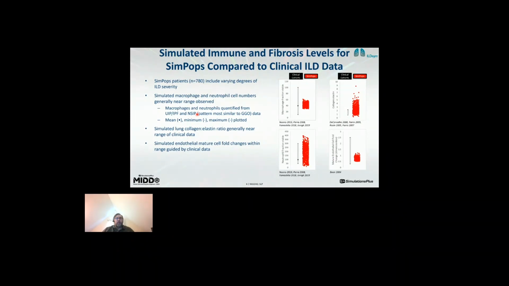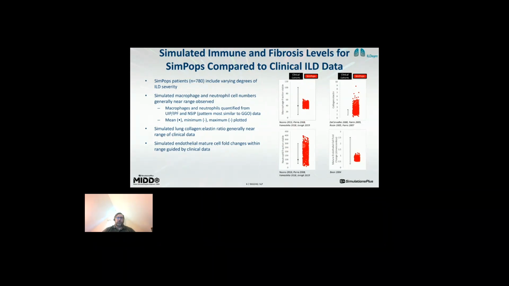And then all of those interactions are established through examining preclinical data, clinical data, and we have an entire document, so you can imagine, that would establish the basis for including all of these different pieces. But ultimately, we needed to establish that all of those together compare well against available data and on a population level. So what we'll go through next are the simulated patients compared to those different clinical data sets. So here we're first looking at inflammation and fibrosis comparators. So in the first column, we have macrophages and neutrophils. And you'll note that there is a reasonable spread in